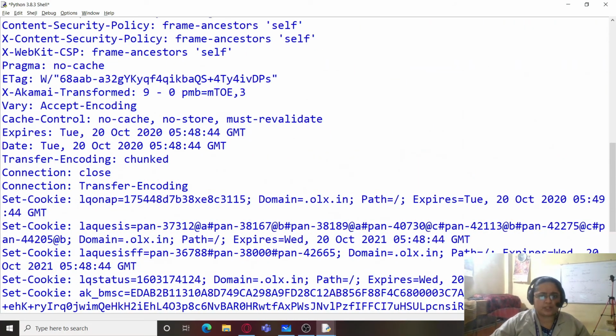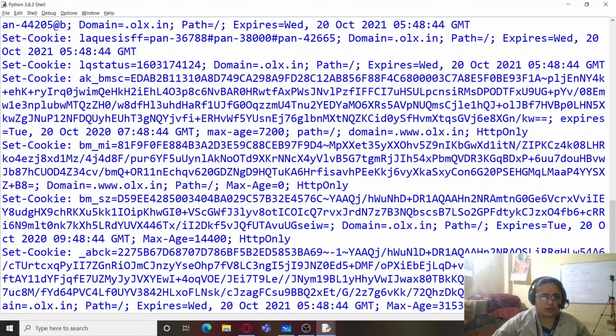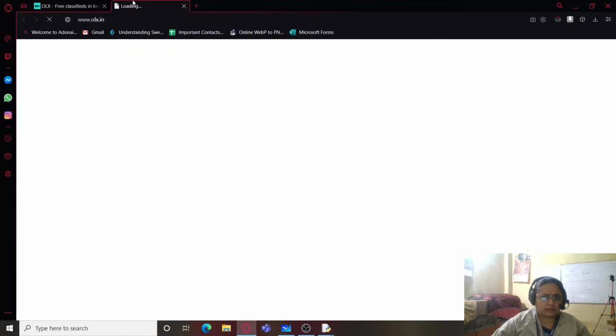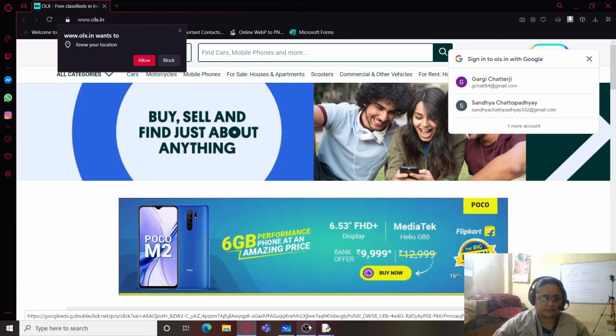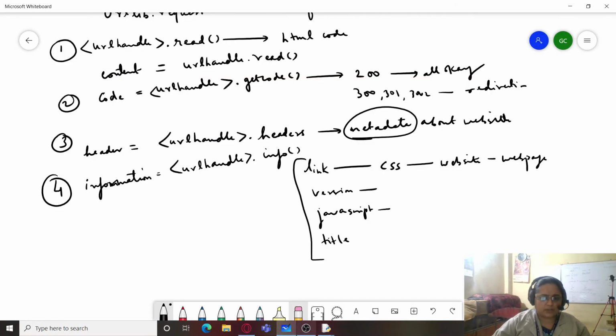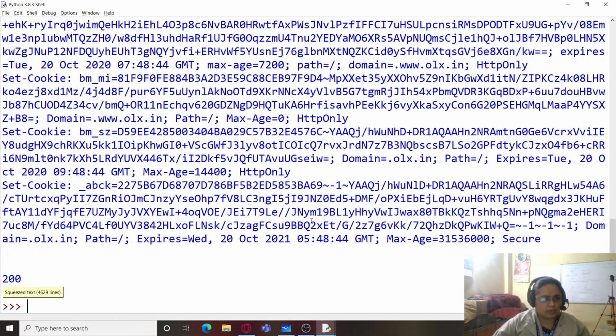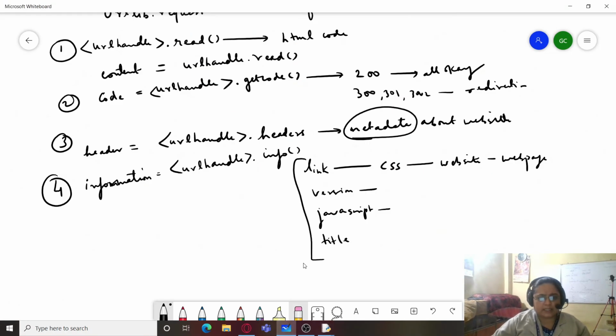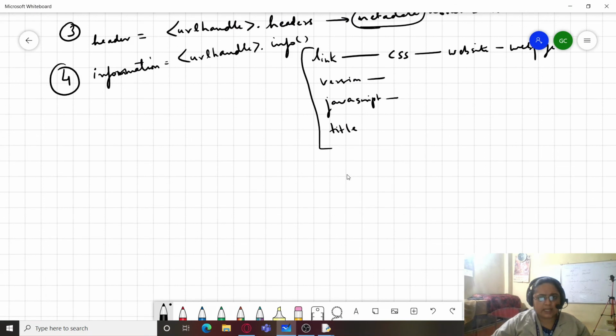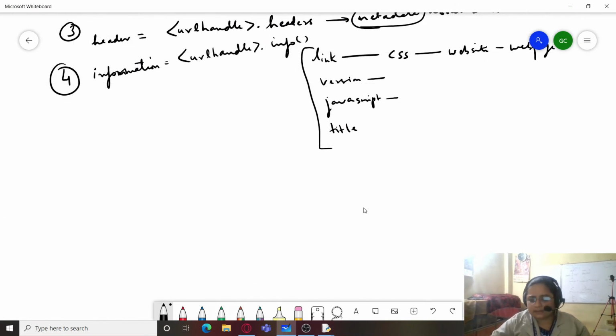Yes, so the info function works and you get all the information. So you get the complete information. So header is not working here. Because both of them contain the same data, it is quite possible that because of some problem or the other it's not working.